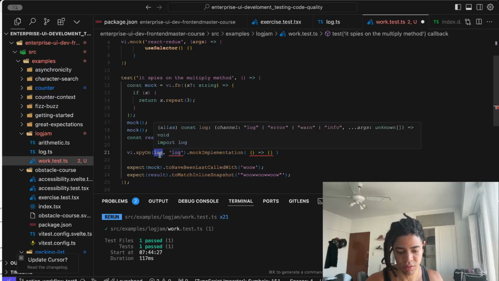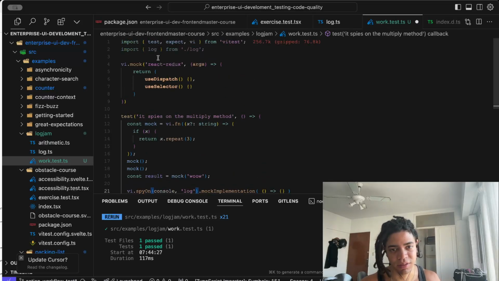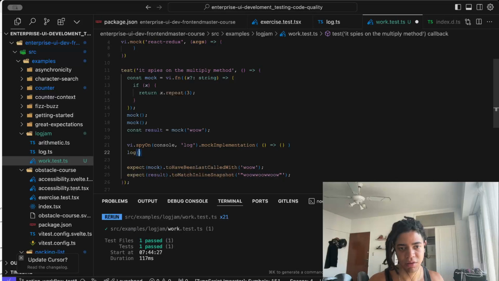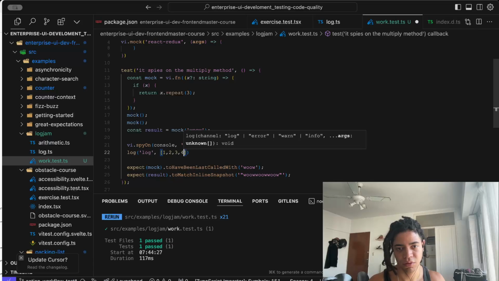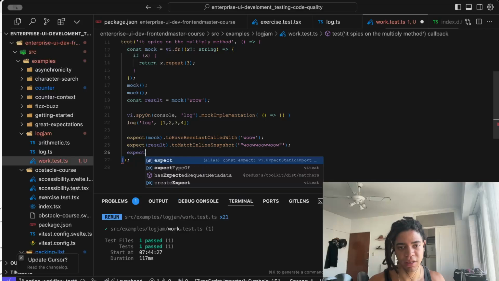Oh, spy on console. Spy on this particular thing, and that makes a lot of sense. And then you say, hey, I want you to now do something here. And then if you say, for example, log with "I love TypeScript", log with argument, which you say, hey, 1, 2, 3, 4,